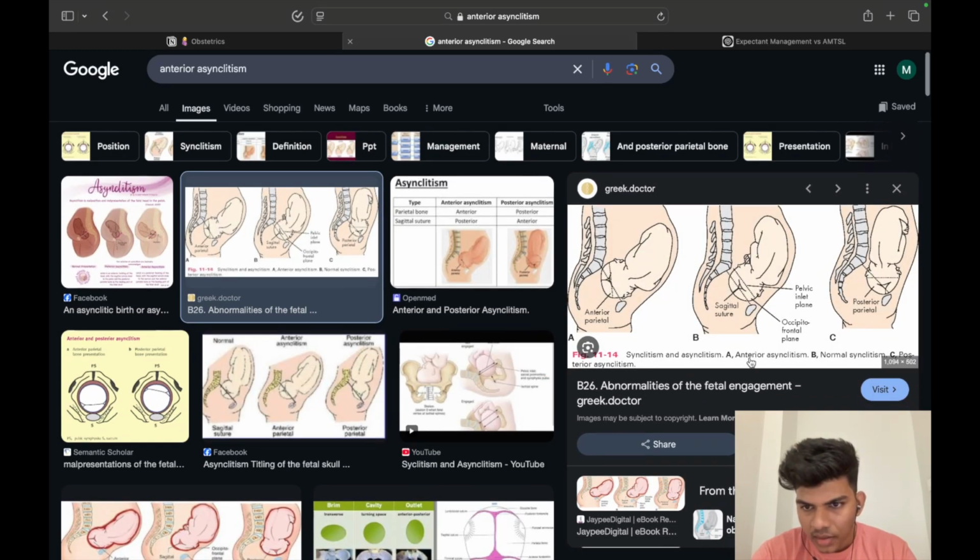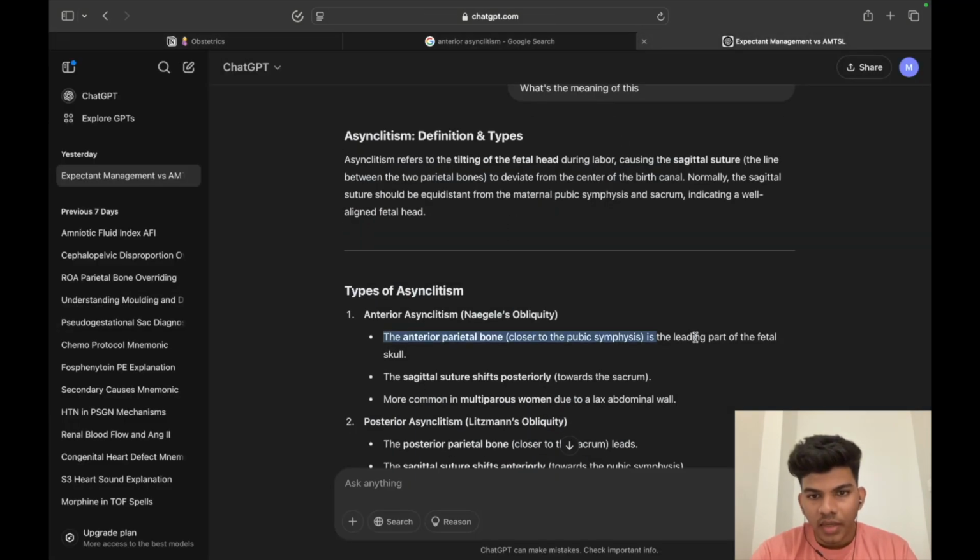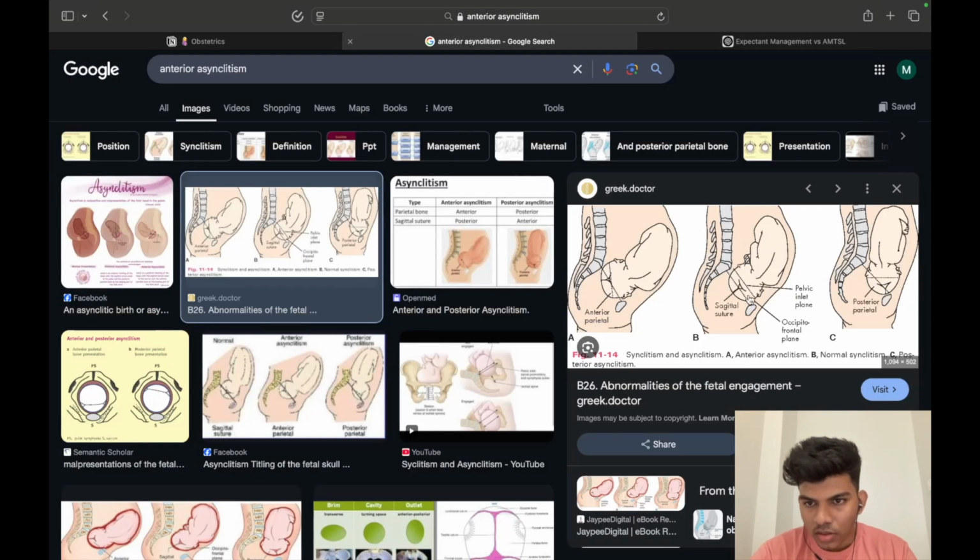So anterior asynclitism, here you can see. The anterior parietal bone is closer to the pubic symphysis, and the one that is closer to the pubic symphysis is the leading one. So here this one is the leading, meaning the first one, anterior asynclitism. Understand? Next one is posterior asynclitism, wherein the posterior parietal